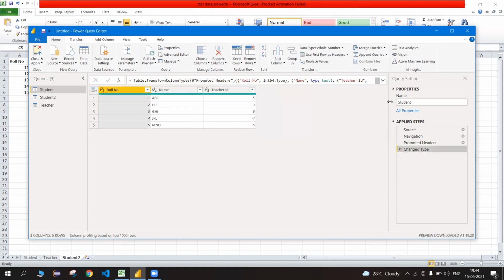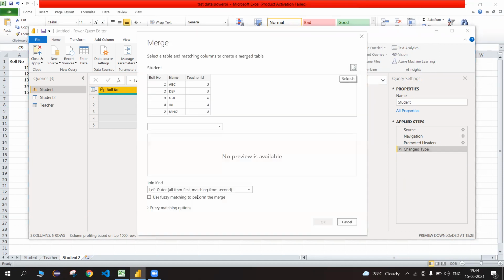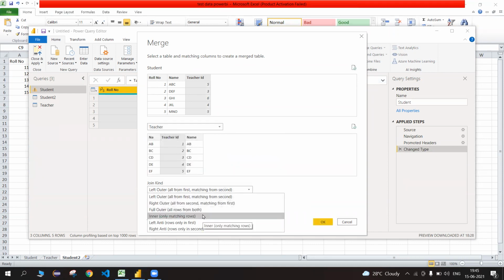I would be undoing the changes. Then again, similarly, we would be inserting the second table, pulling the foreign key, and then we would be using inner join. So basically, the purpose of our today's session was to focus on all the joins and how to do the work.